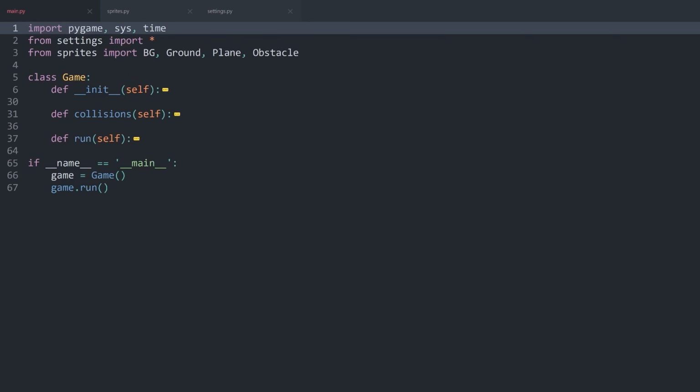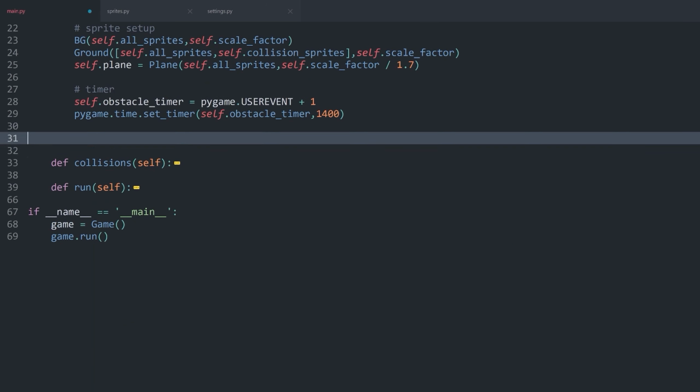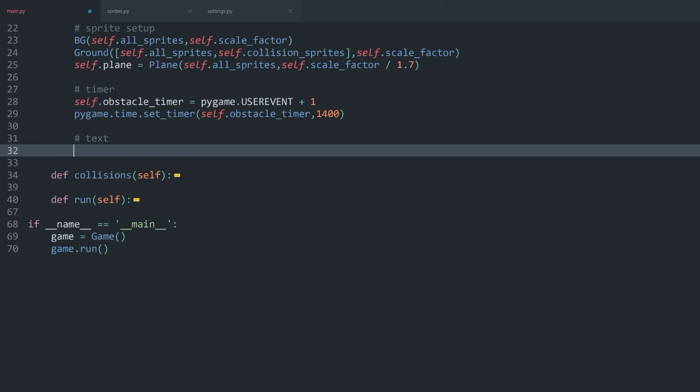Here we are back in our main.py file, and I want to start working on displaying a score. And for that, we need a couple of things to get started. Most importantly, we need some kind of font. And this I'm going to do in the init method. So in here, I'm going to add another section. Let's call it text, I think makes the most sense. And in here, I want to create a self.font. And this we get with